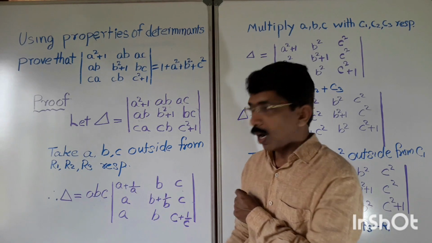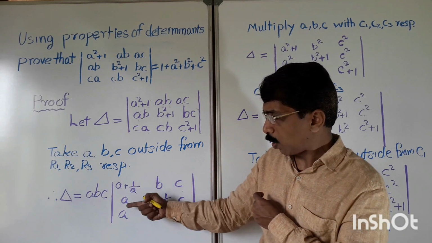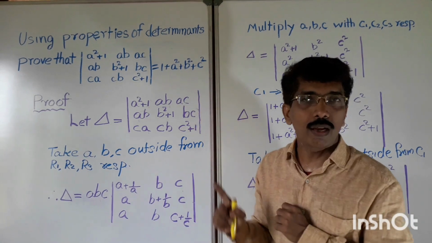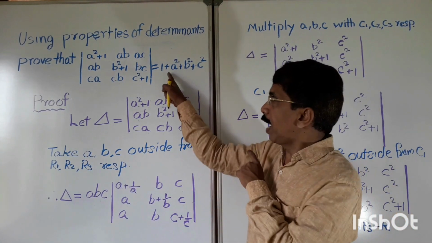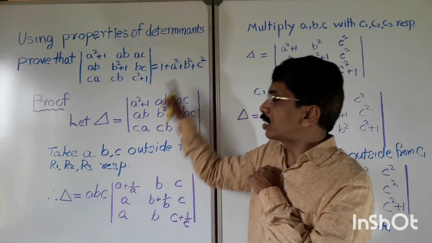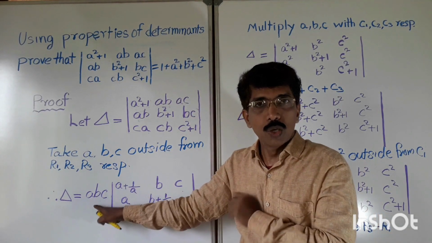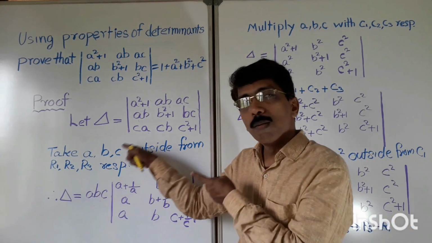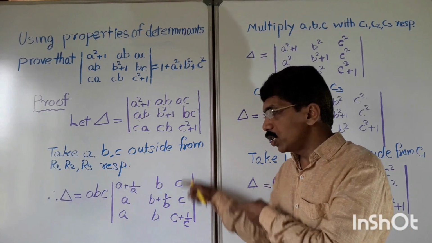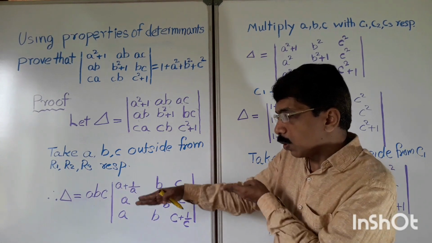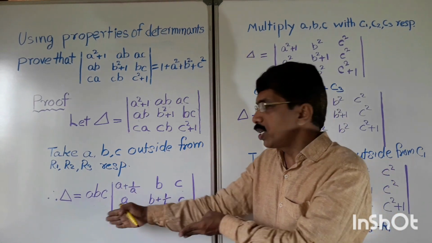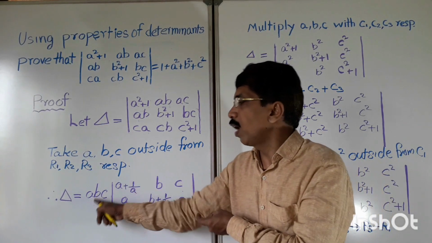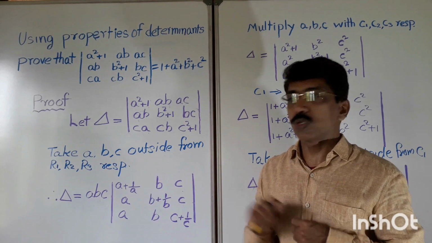Now if you add R1, R2, R3 or C1, C2, C3, will you get this term? We are not getting. And moreover, in the answer there is no abc, but we are having abc outside. So it should be inserted inside itself. It should be multiplied by C1, C2, C3. From R1, R2, R3 I have taken out, and you just insert it by multiplying C1, C2, C3 with a, b, c respectively. So what are you getting?